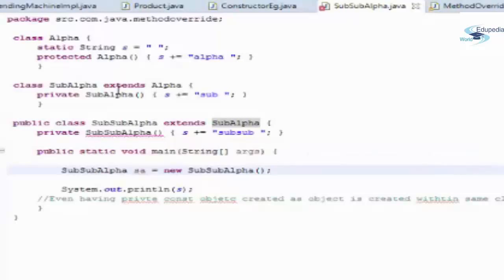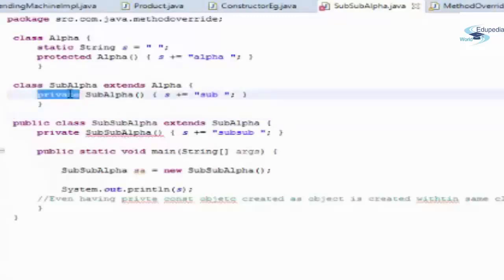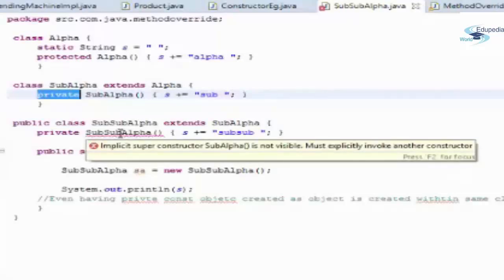Because the constructor sub alpha is private and it is not able to see the private constructor. So the constructor either has to be public, default or protected. It cannot be private, because the private constructor is not visible to this class. Fine, and it is also saying it must explicitly invoke another constructor.